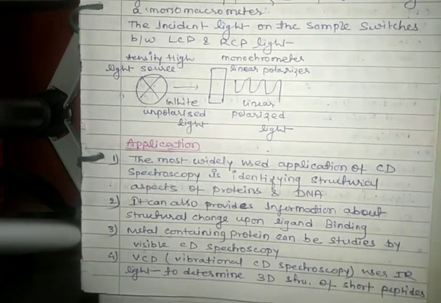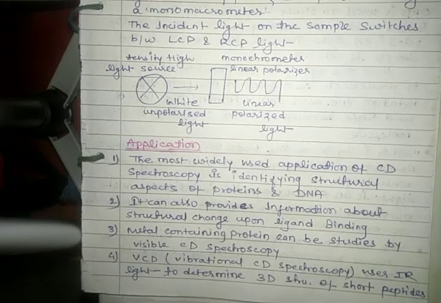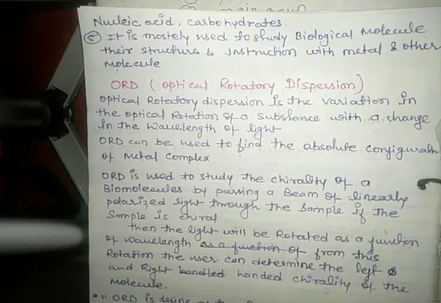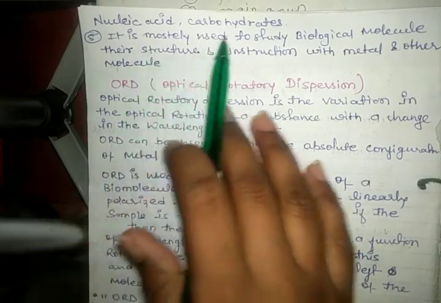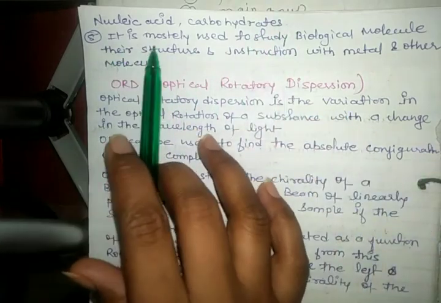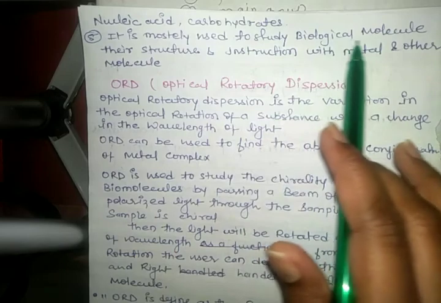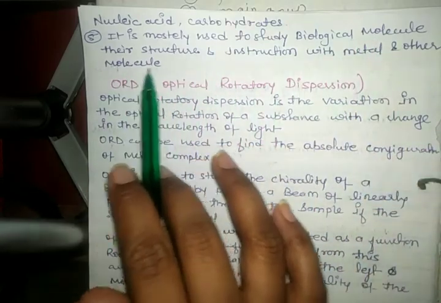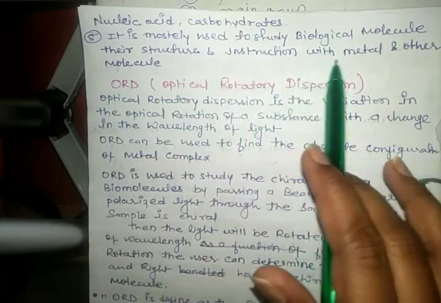And the fourth point is VCD or vibrational circular dichroism spectroscopy uses IR light to determine the 3D structure of short peptides, nucleic acids, carbohydrates. And another fifth point is it is mostly used to study biological molecules, their structure and interaction with metals and